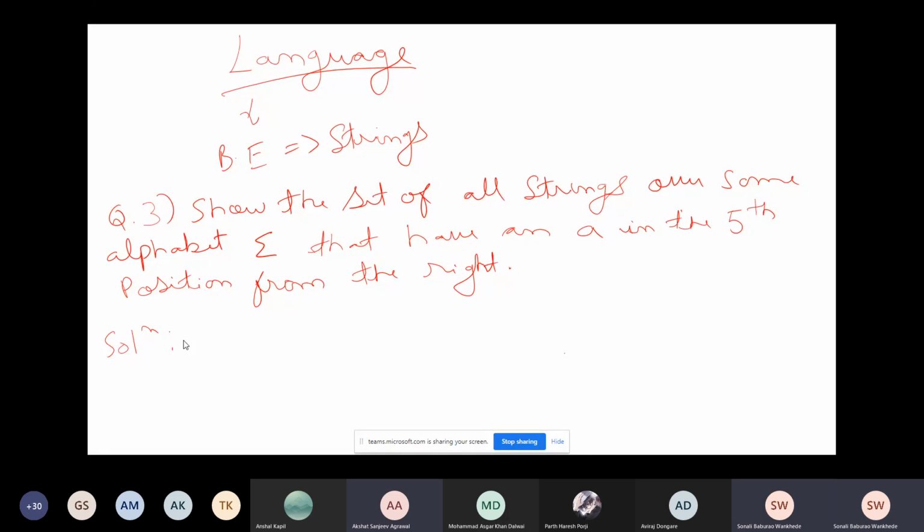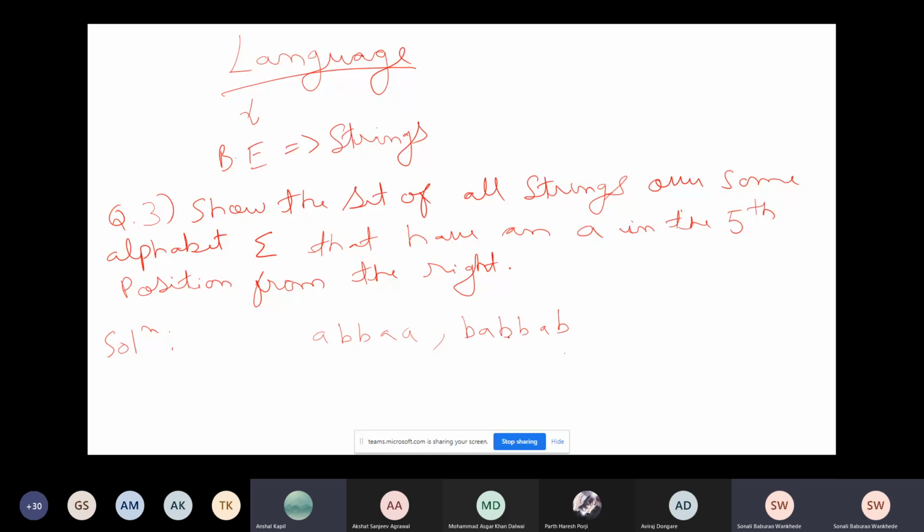So it can be anything. What it can be from the right, it's saying that. Okay. So suppose the fifth position from the right. What will it be? One could be A, B, B, A, A. So that's one. Yes. A, B, B, A. This way, A, A. One more A, because it needs to be fifth. Then B, A, B, B, A, B. It can be B, A. Yes. B, B, A, B.